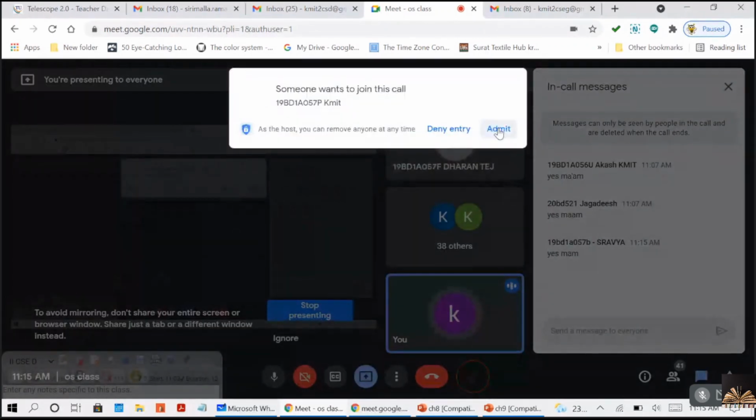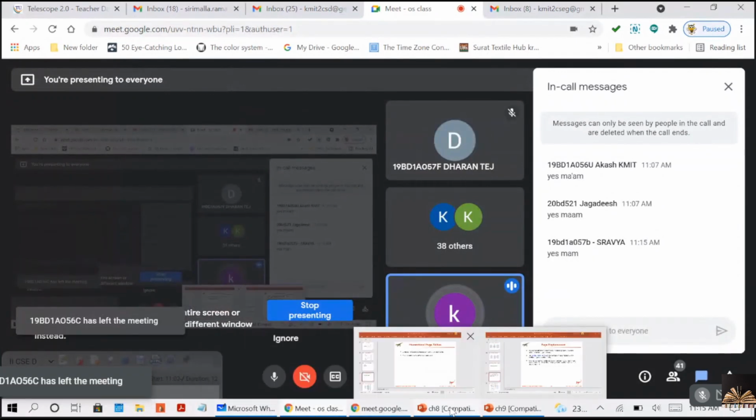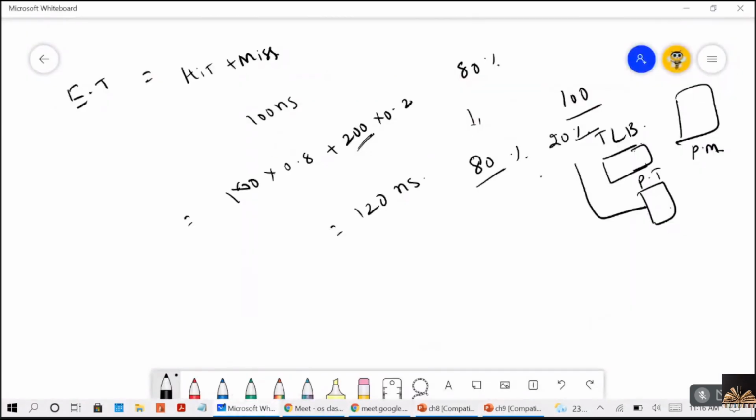Yeah, okay, fine. So let's continue with the structures of the page table, right? As I told you, we have three structures. One is hierarchical, the second one is hashed, and the third one is inverted. What do you mean by hierarchical page table? Modern operating systems support a larger logical address space. Nowadays all the systems support 32-bit and 64-bit addresses, yes or no? If the system supports 32-bit addresses, you can have a logical memory space of up to 2 power 32. So this much logical space you can create.